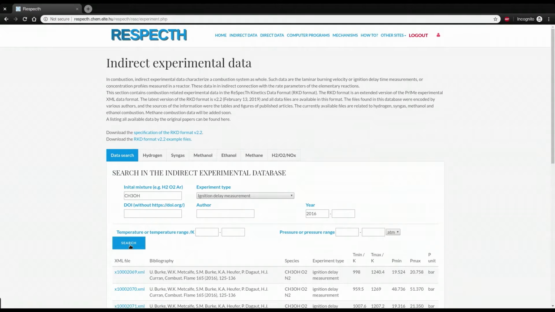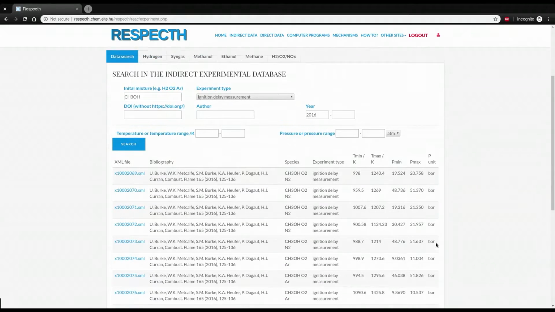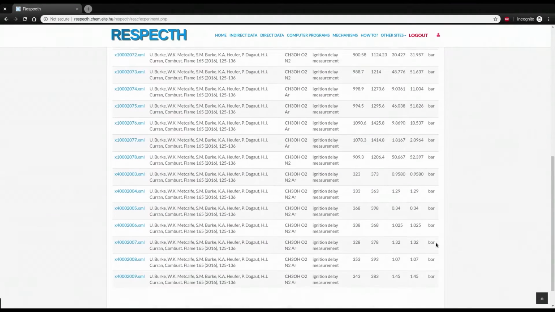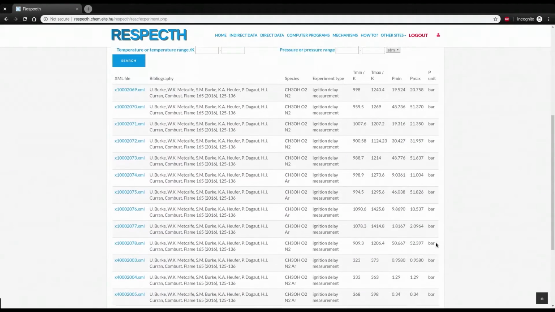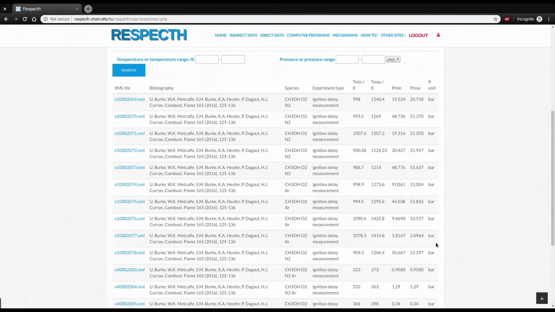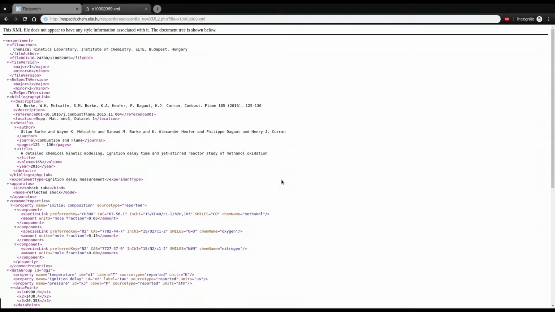After clicking on the search button, the matching XML files will be listed in a table. If I click on the name of the XML file in the first line, it shows the content of the file in a human-readable form.